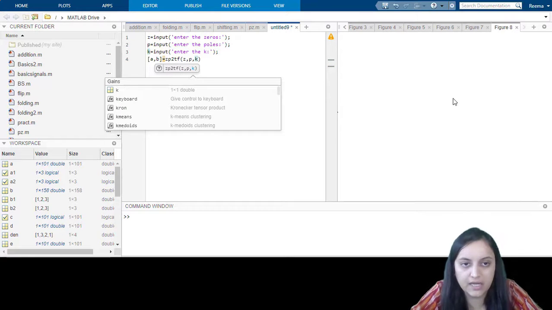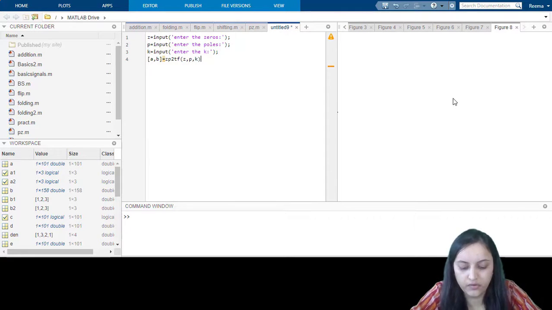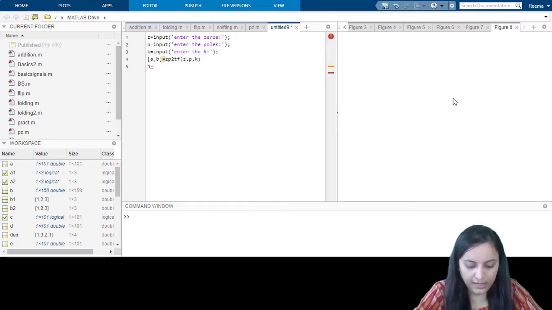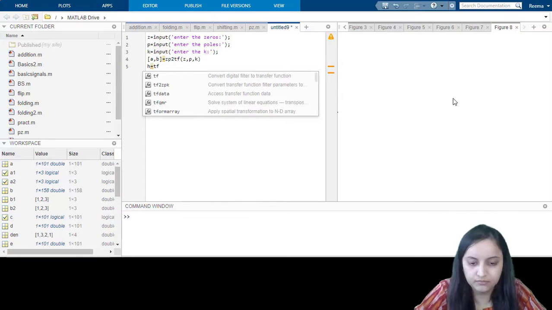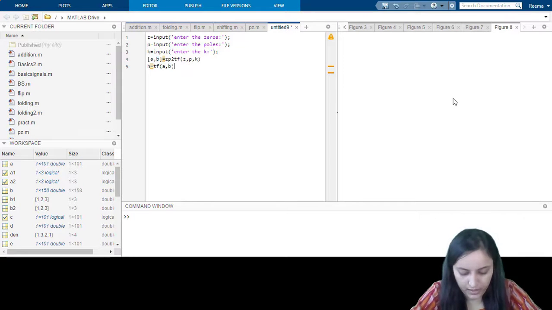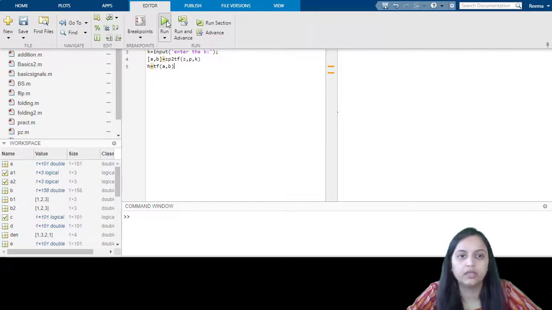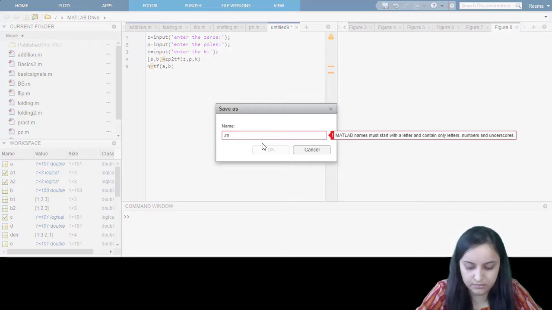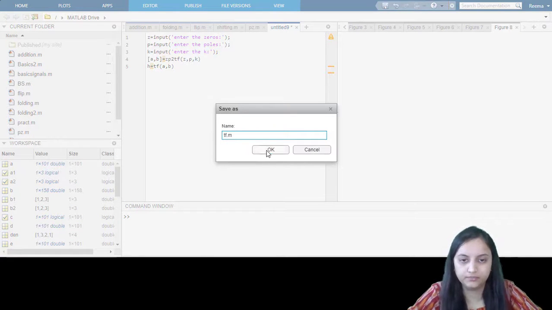So this is the syntax for finding the transfer function from the given poles and zeros, and we will obtain it using another variable h equals to tf(a, b). That means now you can have the transfer function from the values of poles and zeros entered. So let us see how we can do this. By running this code, we will save this project as transfer function.